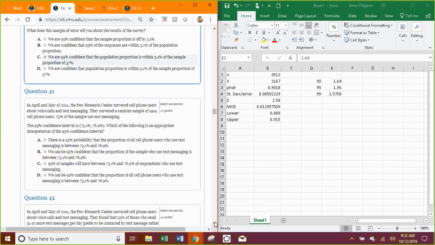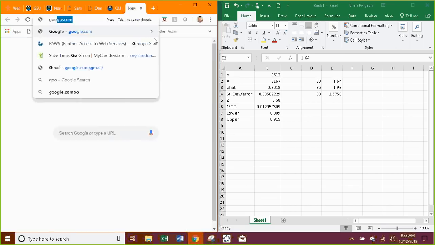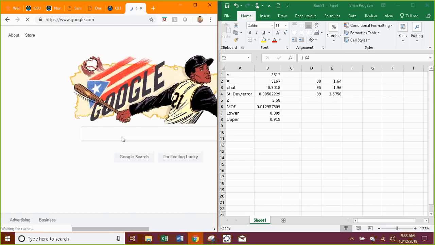So it's C. It looks like D, but we have to specify the confidence level. Okay? The 95% confidence interval here is this. Which of the following is an appropriate interpretation of the 95% confidence interval? So, let me see if there's